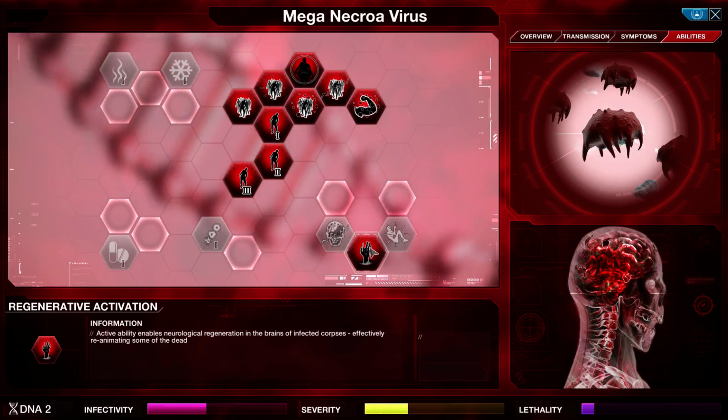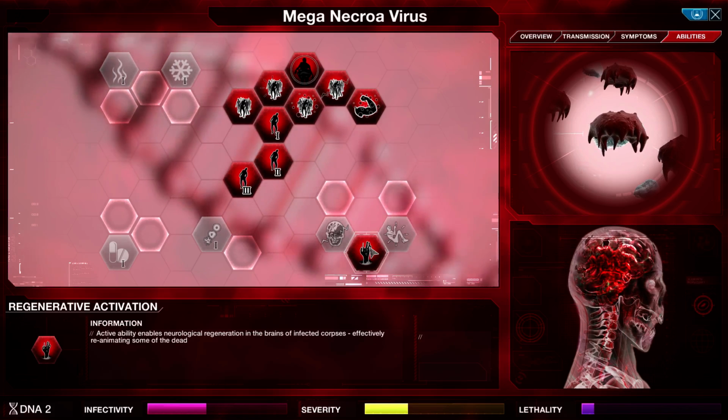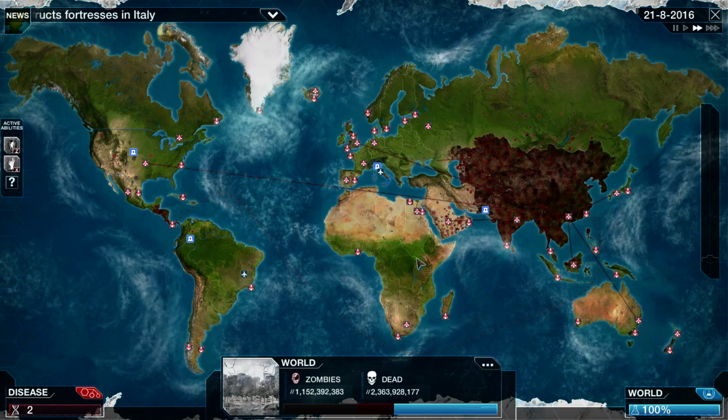After evolving, the last symptoms start to drag zombie hordes to uninfected island countries. Countries you should take notice of are, pretty much all of them. Always keep an eye on the island countries. If there's no zombies nearby, use regenerative activation. It would also be helpful if while I was moving things around, if I